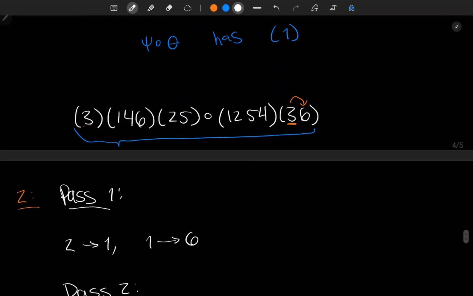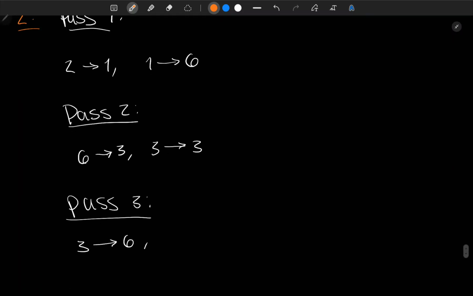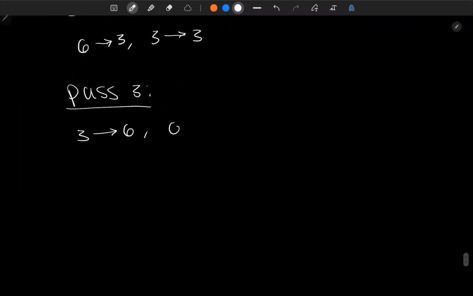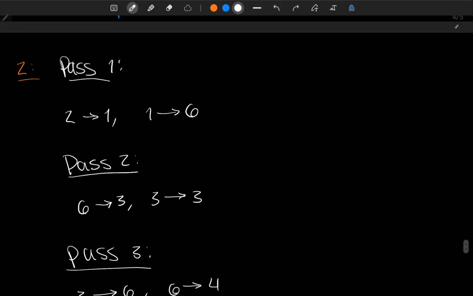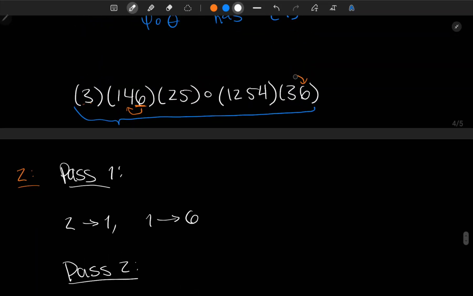And then looking for 6, well, we can just see 6 gets mapped to 4. So we say that 6 goes to 4. But again, these two elements aren't equal to each other. So what we write is we go through a fourth pass now, pass 4, and we start again with 4, and that's because we ended with 4 here. So looking at 4, we find that 4 on the right function,